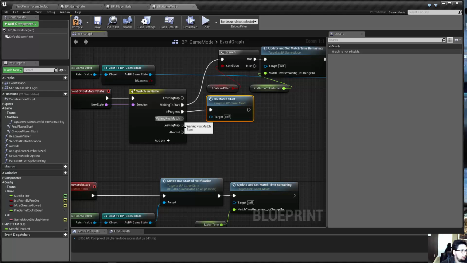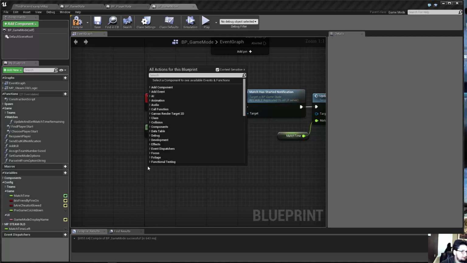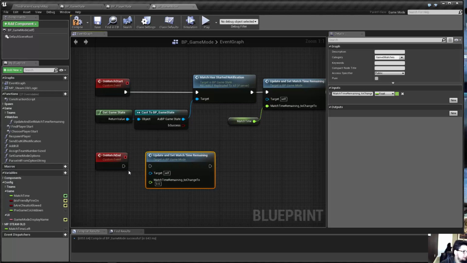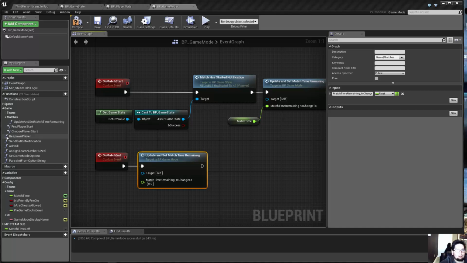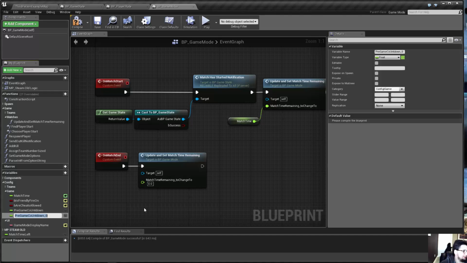And similarly, we're going to need one for waiting post match, which will be extremely similar. On match, or custom event might help first, on match end. Put it down here. So we set and update the match time remaining to how long we want the end summary to show up. So let's create a new variable. Let's put it right in here in game. So we'll just duplicate this pregame countdown. I made it capital U, it bugs me. And we'll call it